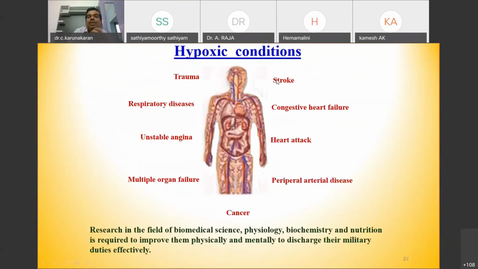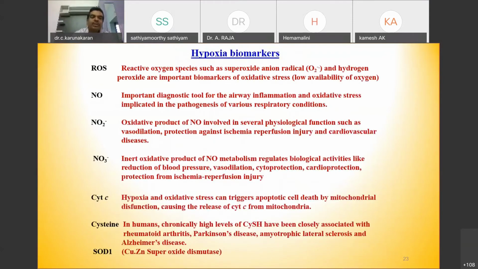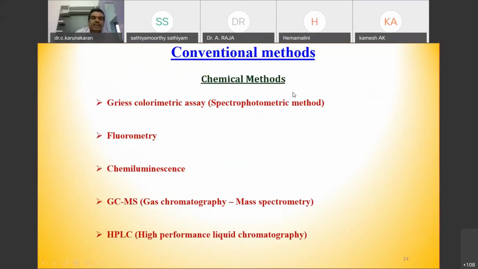Conditions due to hypoxia at high altitude mean a reduction in oxygen concentration. As you go higher and higher, the oxygen concentration decreases. Therefore, you will develop hypoxia symptoms. Some of them will die immediately. The hypoxia biomarkers I have listed here. Some of them are small molecules, some of them are proteins, and there are several